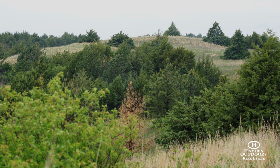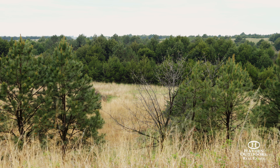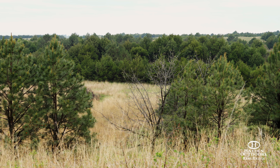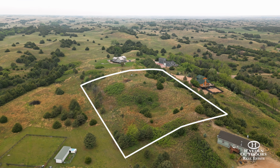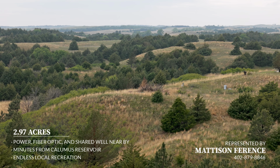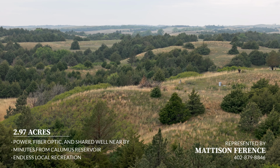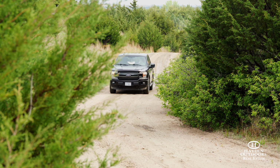Discover untamed beauty and tranquil living on Lot 2 in Aggies Acres, 5th Subdivision. An exceptional 2.97-acre parcel overlooking the breathtaking Calamus Reservoir and the rolling Nebraska Sandhills. The land features gentle slopes, open space, and an inspiring backdrop, a solid mix of natural beauty, practical infrastructure, and